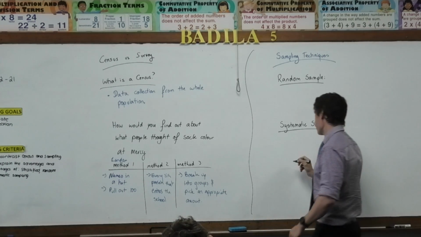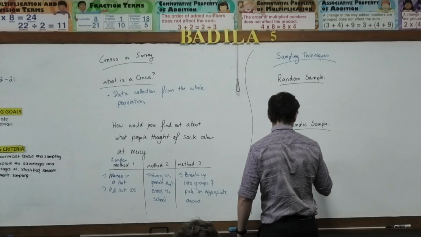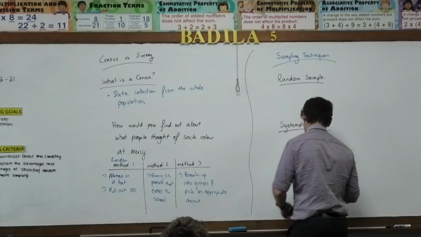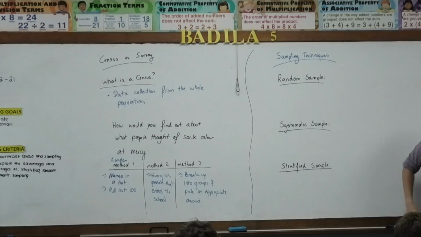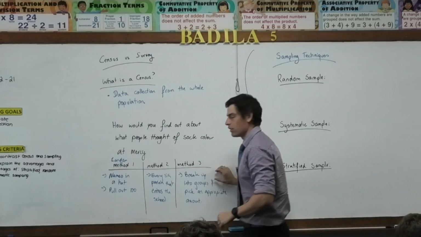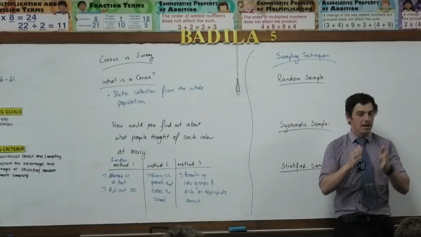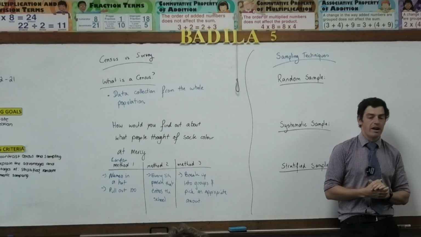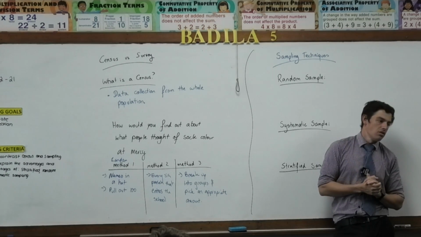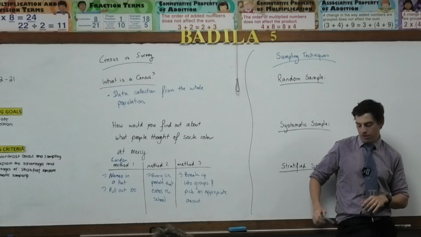And the last one is stratified. Because stratified is when you break things into levels. So this is like you're breaking the different stakeholders up into their groups and taking a subsection of that. So stratifying is when you break up your population. Cool? So what's the advantage of a random sample?